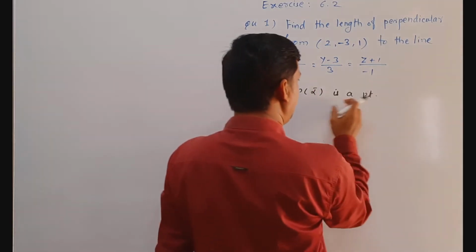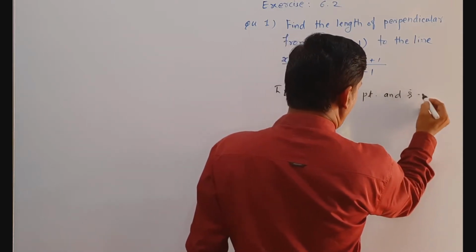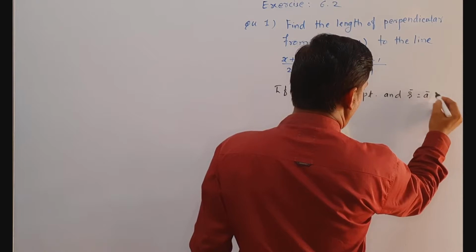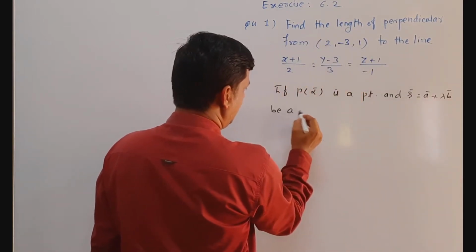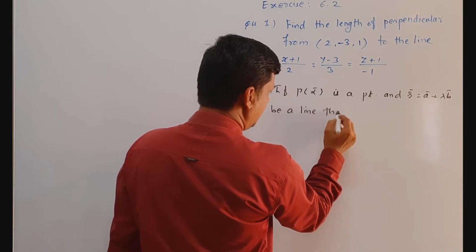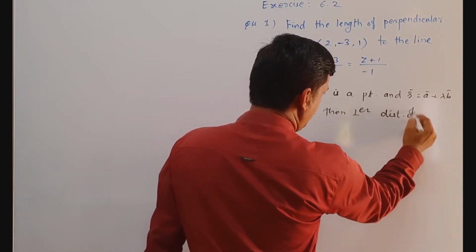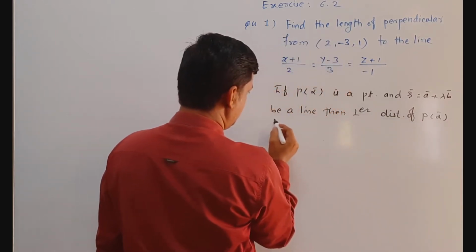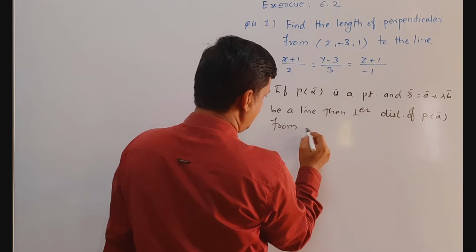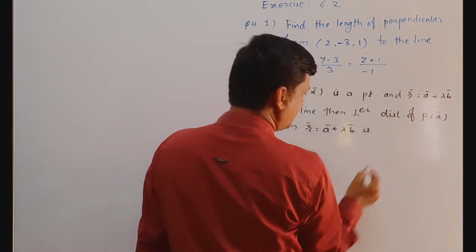If P of alpha bar is a point and r bar is equal to a bar plus lambda into b bar be a line, then perpendicular distance of P of alpha bar from r bar is equal to a bar plus lambda into b bar is